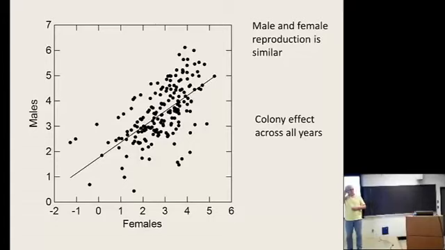There's obviously a very high correlation between male and female reproductive output. There are colonies that have high reproduction, both through males and through females, and some that have very low production through both. You don't have colonies that make all females and no males, or all males and no females. You don't have that sort of split sex ratios in this species. There's a lot of variability here among colonies.